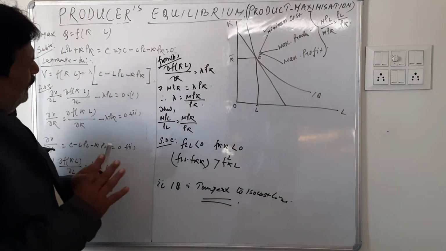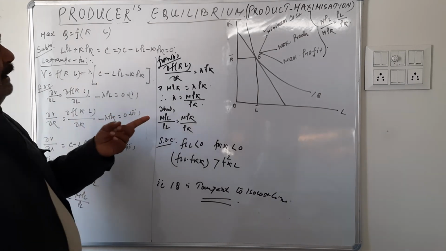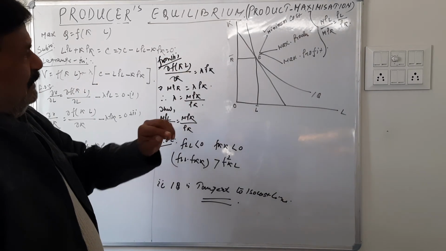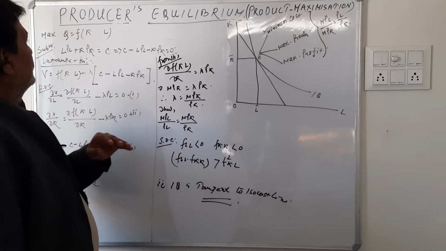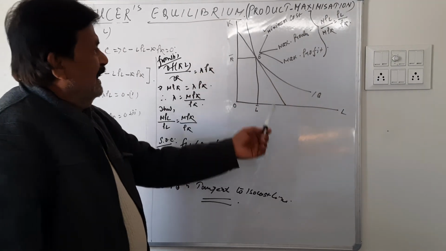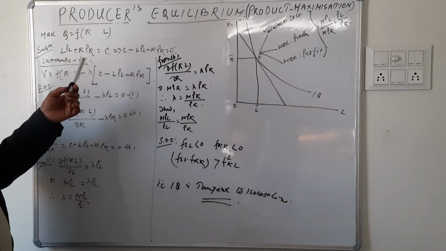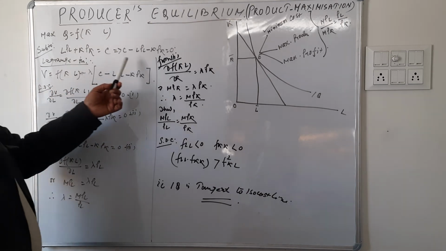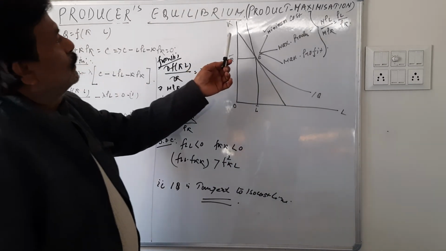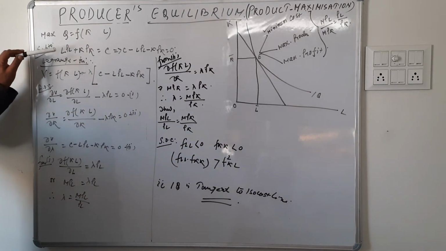While we were minimizing, the cost was variable and the production was constant. Today is just the reverse case. Today the output has become variable and cost has become constant. That's why it is acting like a constraint. So this is the constraint of cost, and in the figure it is called the isocost line. Now with the help of these two equations